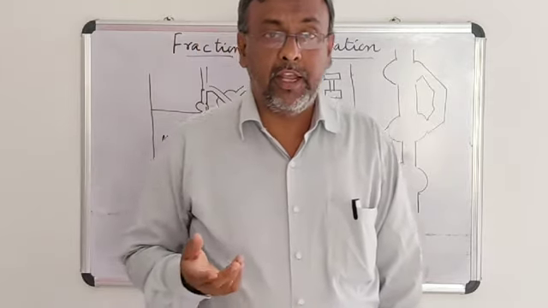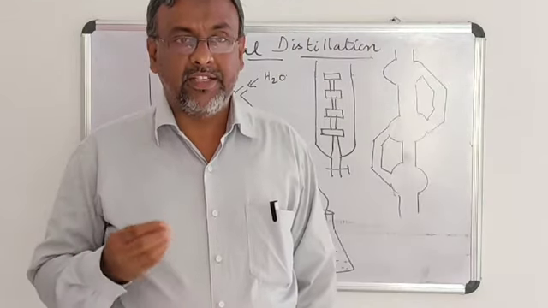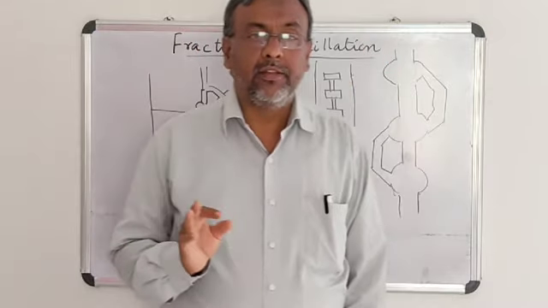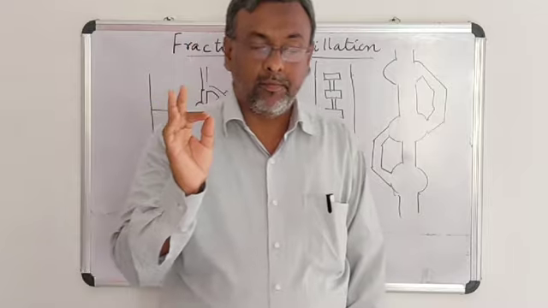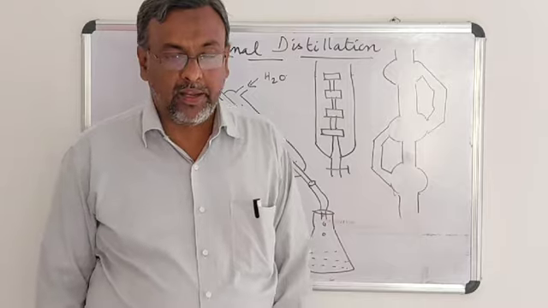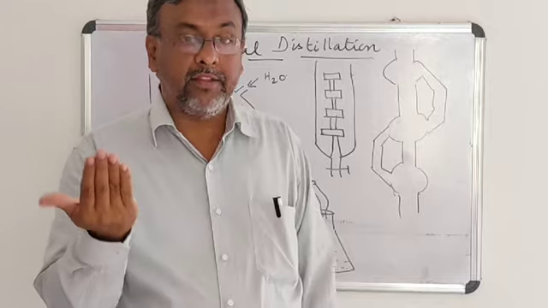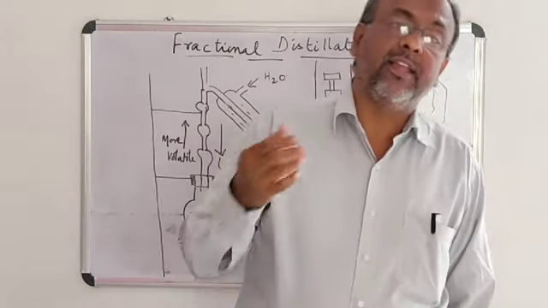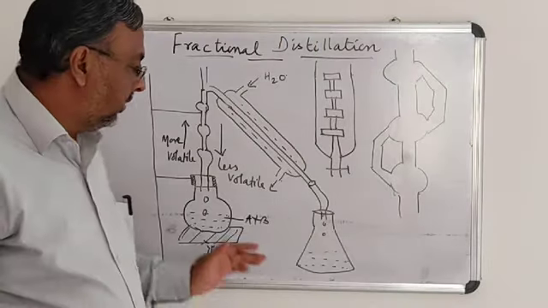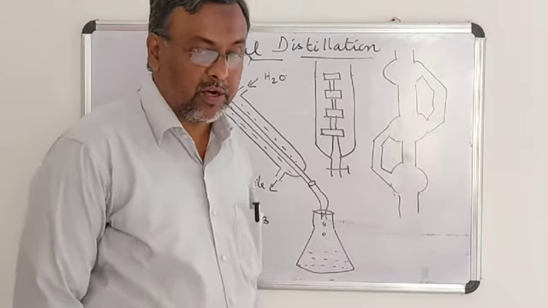Purification plays an important role. How will you check the purity? By checking its boiling point, a very simple method. When the boiling point is exact, that shows that the liquid is in pure form. If there is a deviation, then the boiling point will vary. It may be either greater or lesser than the actual value. So this type of purification process is called the fractional distillation process.